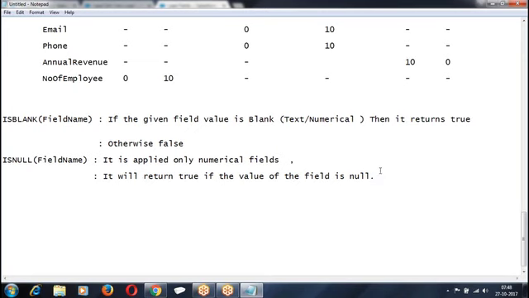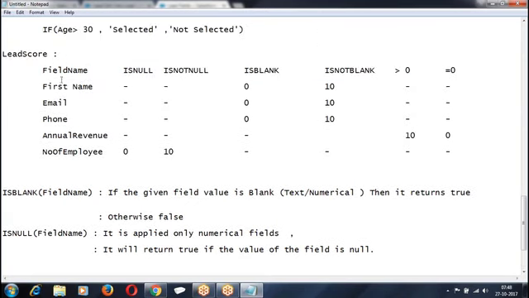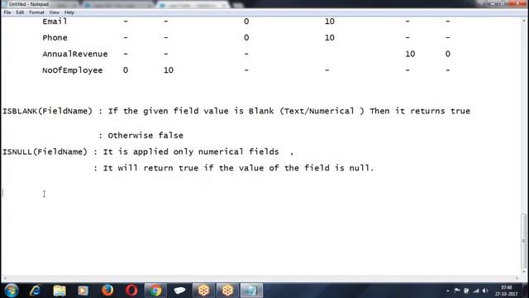Now, what was our requirement? Check whether the field value is blank or null. If it is blank, give 0 points. Not blank, 10 points. Are you getting my point? Now look at the format. It is an IF condition. What is the condition? Is it blank or not blank?